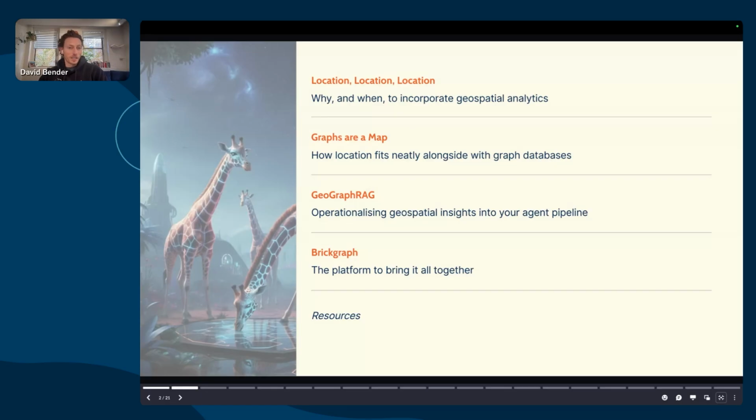So in terms of the agenda, I'm going to talk a little bit about why and when to incorporate geospatial analytics, why location is relevant or might be something to consider for your use cases, your businesses, your projects, and how location actually fits really nicely alongside graph databases. Graphs are kind of a map in a way, and so there's a lot of synergy and they complement each